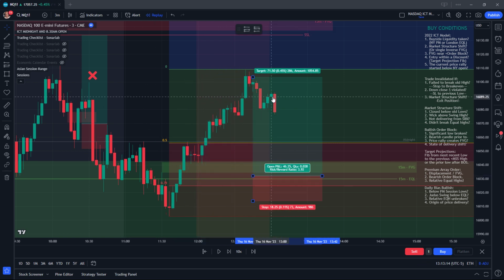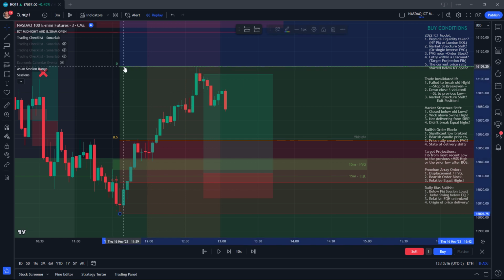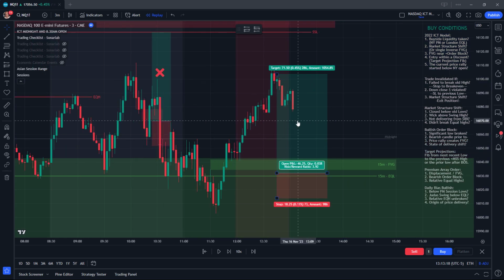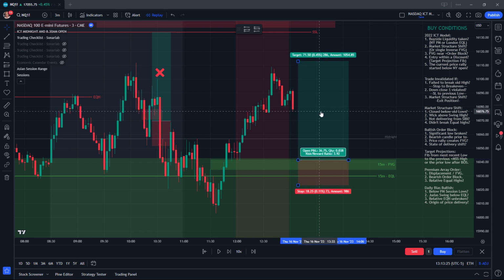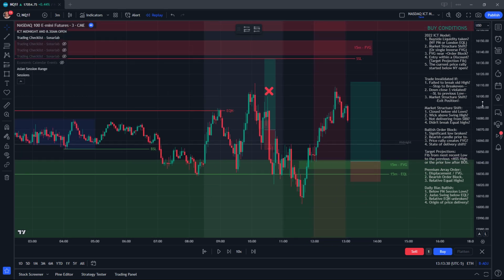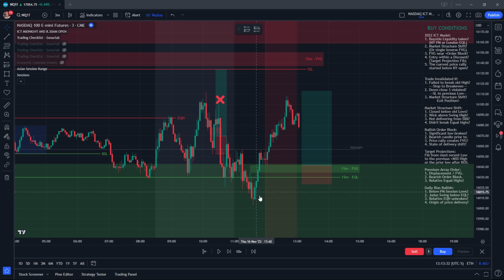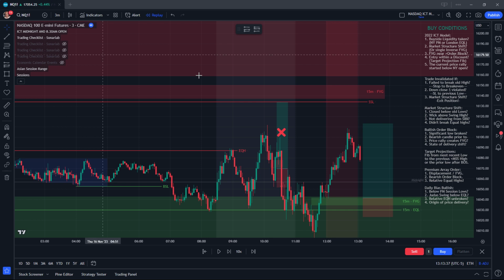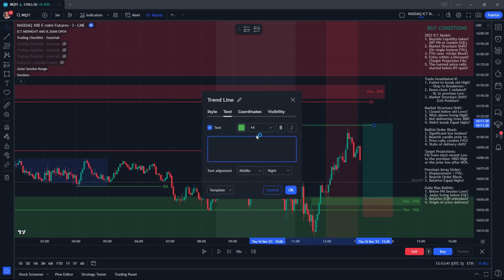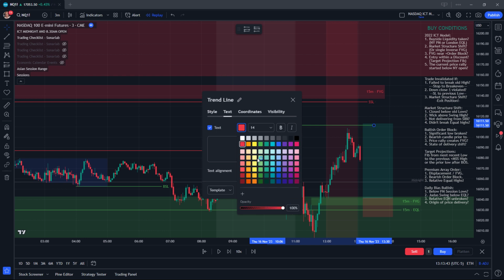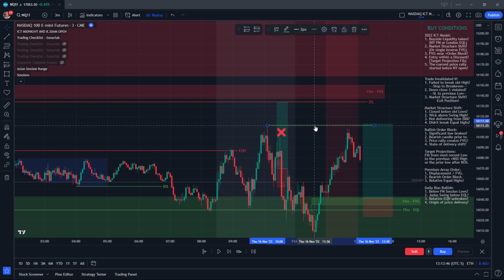Okay, so let's remove this. We've got a 15-minute fair value gap, so I think I'll keep a... I mean, provided we are delivering from a discount array, where price has originated. So yeah, price got really close to taking out this high here. It fell short of it just before hitting it,